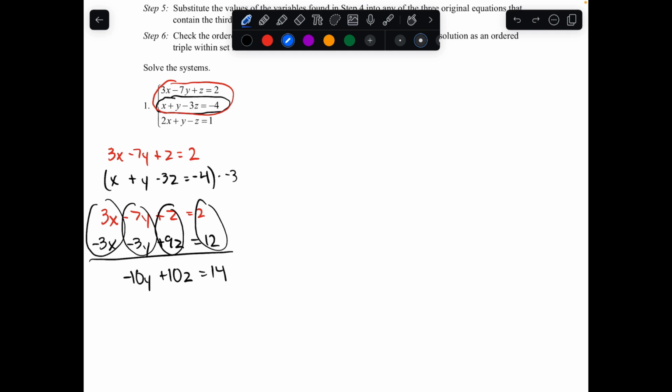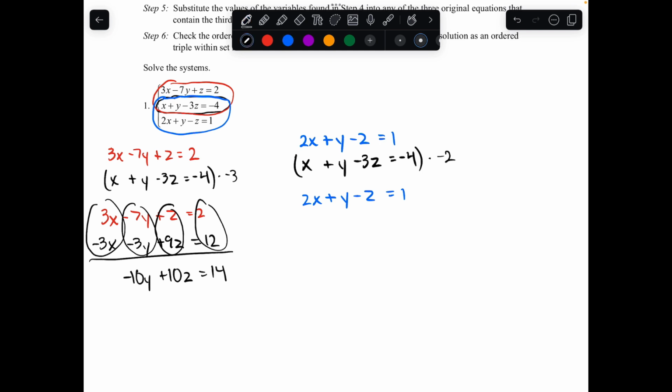So now, let's try to get rid of the x's in the bottom equation, which I'm going to write in blue. So, I have 2x plus y minus z is equal to 1, and then I have x plus y minus 3z is equal to negative 4. Now again, I want the x's to have opposite coefficients, so I'm going to multiply by negative 2. This then becomes 2x plus y minus z is equal to 1, and negative 2x minus 2y plus 6z